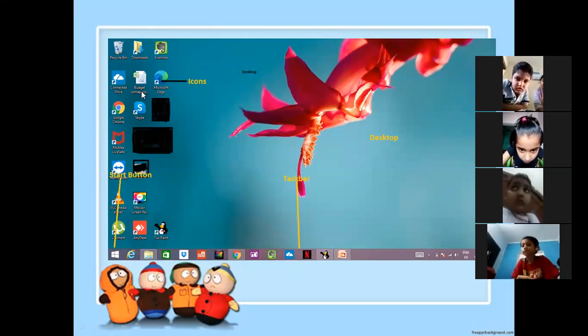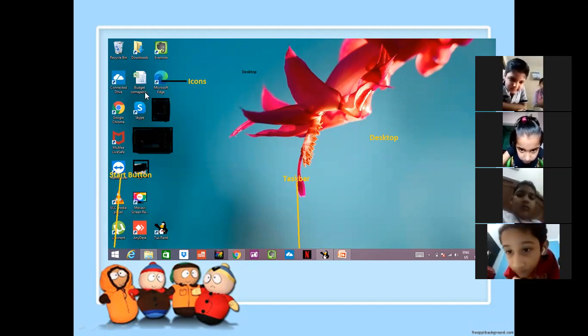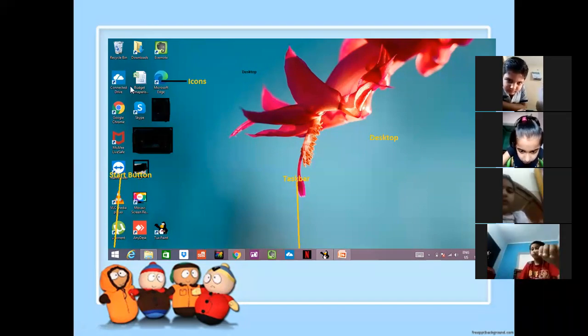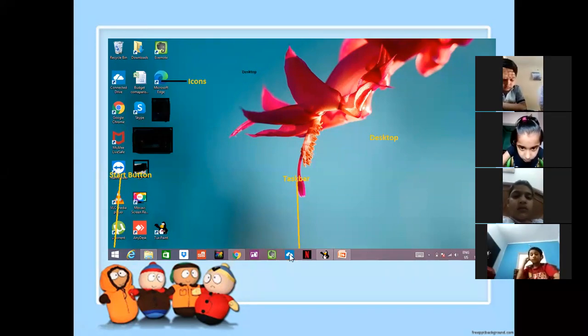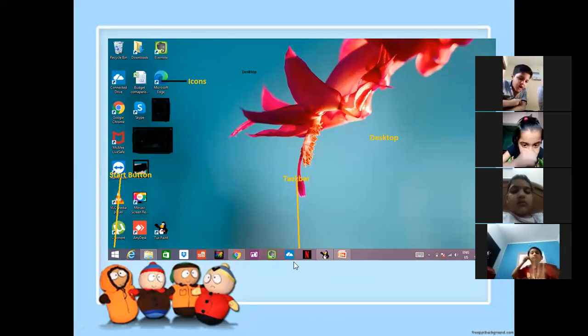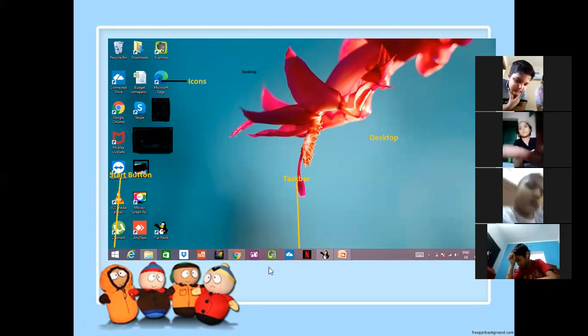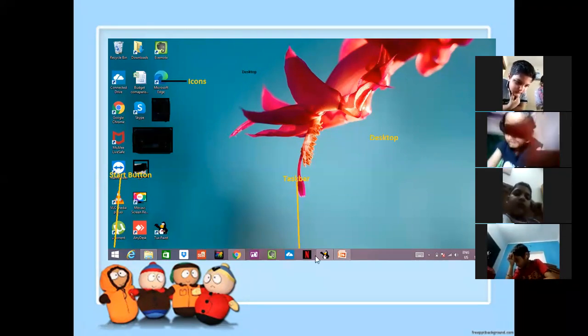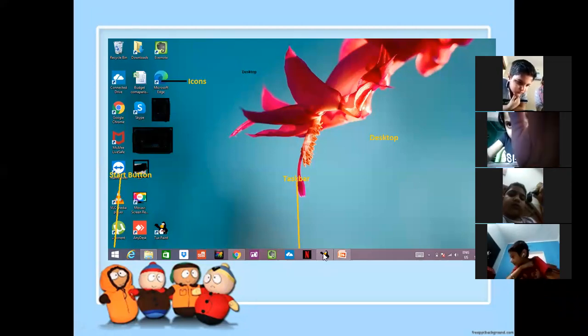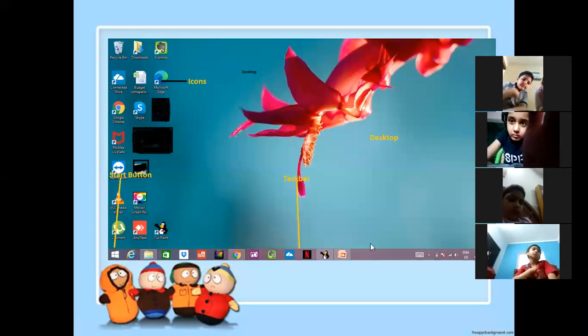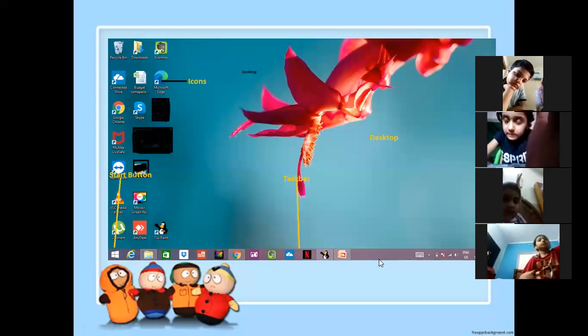Okay. After that, when you are able to see these small pictures with something written on them, they are known as icons. The whole screen is known as desktop, and the small pictures are known as icons. Then this bar, on which many small pictures are shown, where my cursor is moving, is known as the taskbar. Why is it known as the taskbar? Because task means काम करना. So whatever we are doing on the computer is shown on our taskbar.